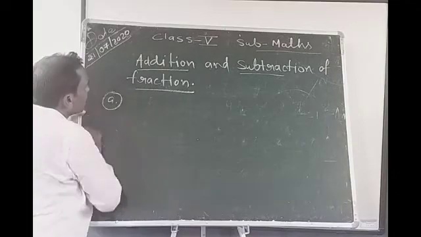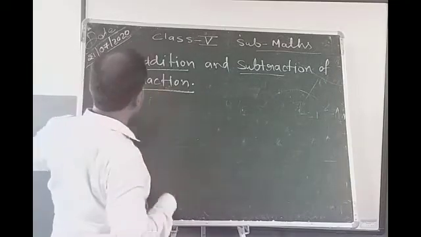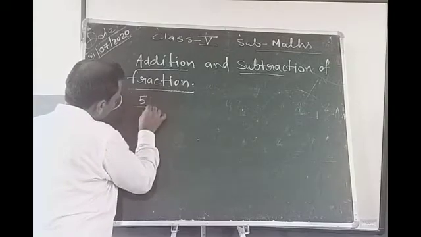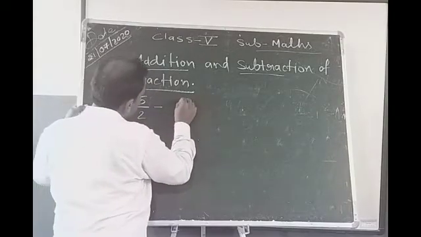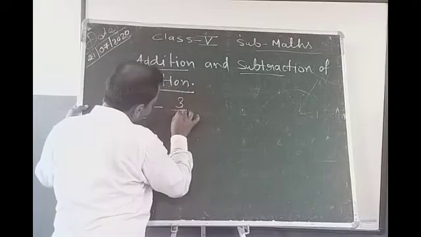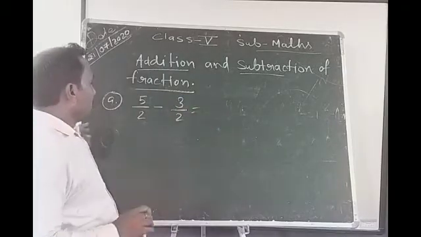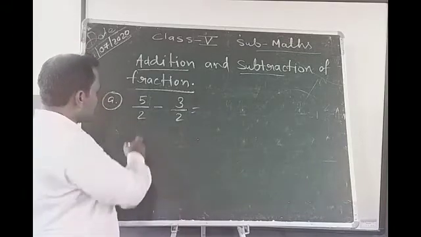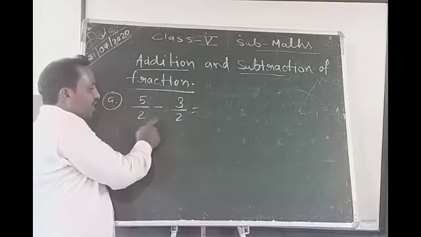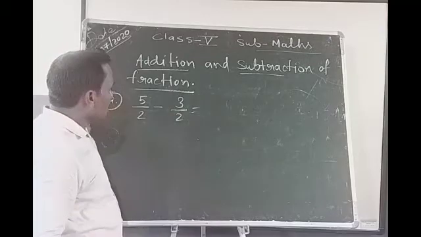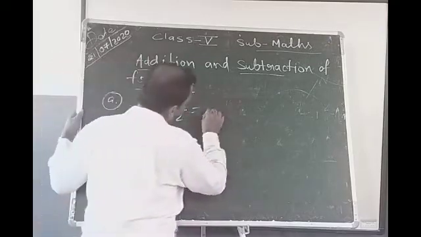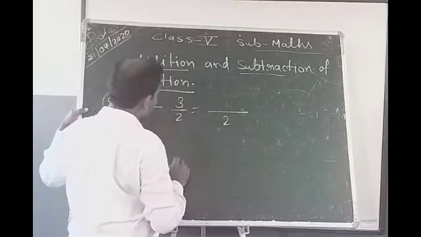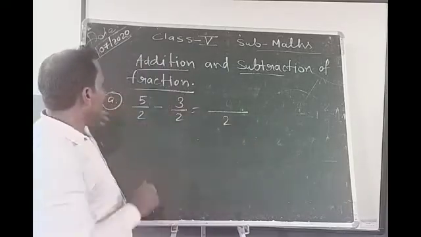Again see here, a question related to subtraction. 5 by 2 minus 3 by 2. Again, which type of question is this? This one is a like fraction, because both denominators are equal. So what do you do? First you draw a division line, and down below you write the denominator, which means you write 2 first, and on the upper side